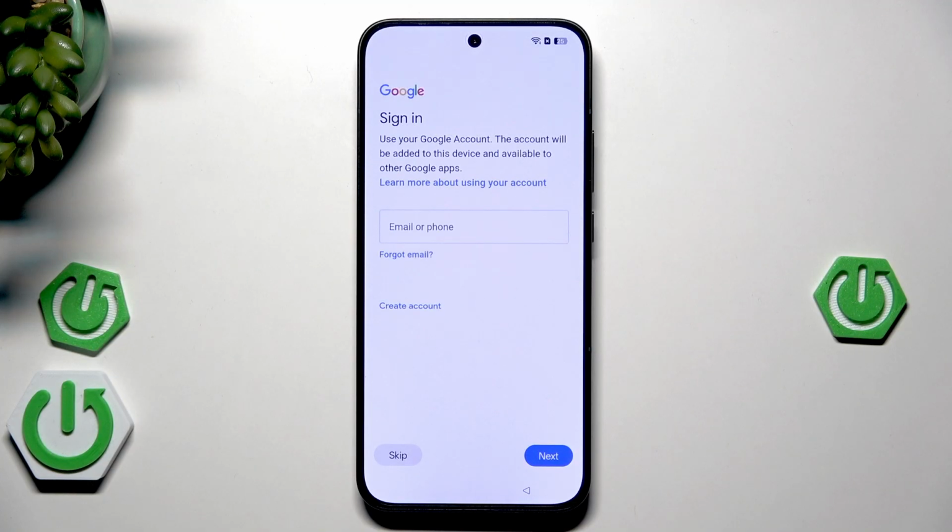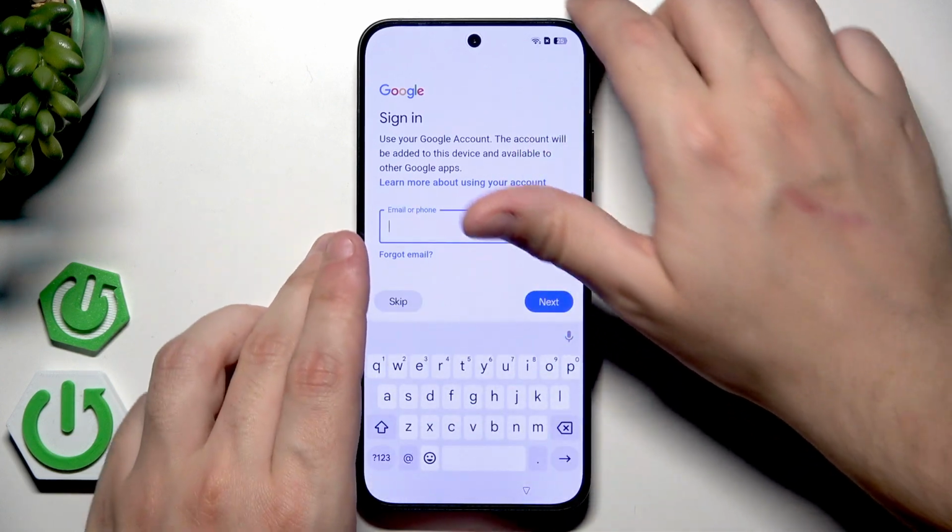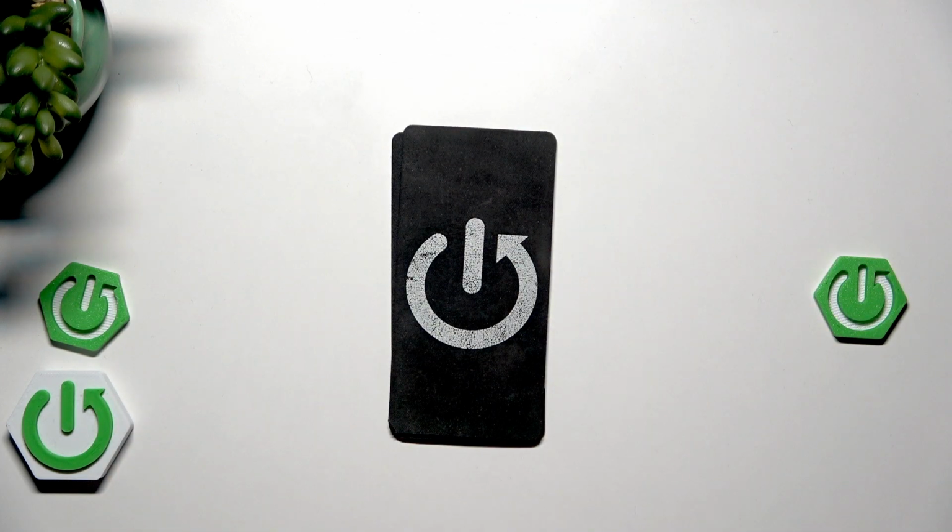Now we will have the possibility to log in to the Google account. Okay, and now a very important thing. We need to log in to the same Google account on which we made the backup before. It is important because when we log in to another Google account, we won't have that list of backups, and we won't be able to select. So that is really important. So log in to the proper account,